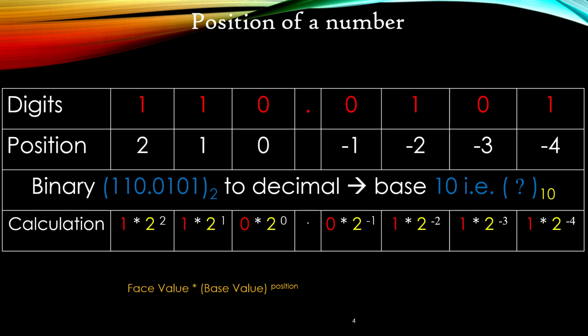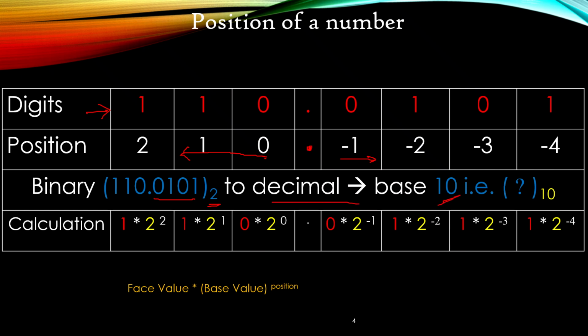So now we can see an example of converting a binary number into its decimal equivalent. First we have to list out the position of each digit in the binary number, before and after the point. The position before the point starts from 0 and continues as 1, 2, 3, etc. And after the point, it starts from -1, -2, and goes on. So now our number is 110.0101 to the base 2,